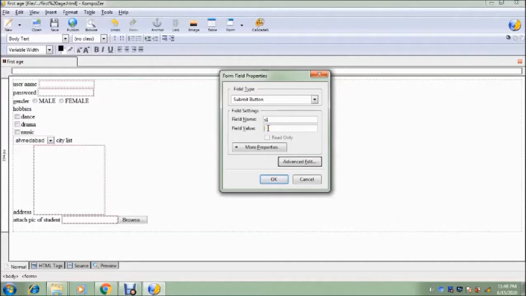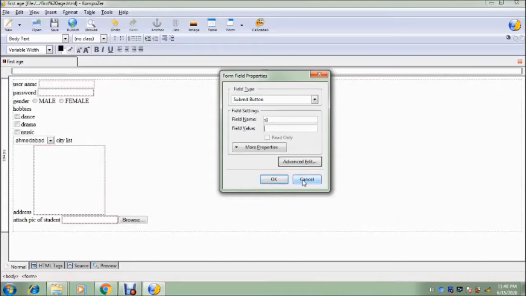and field value. Here the meaning of the field value is, as and when you insert a submit button, by default it will write submit query on that particular button. Say for example, simply on the screen you can see on the button here it is written OK. This is a OK and this is a cancel.